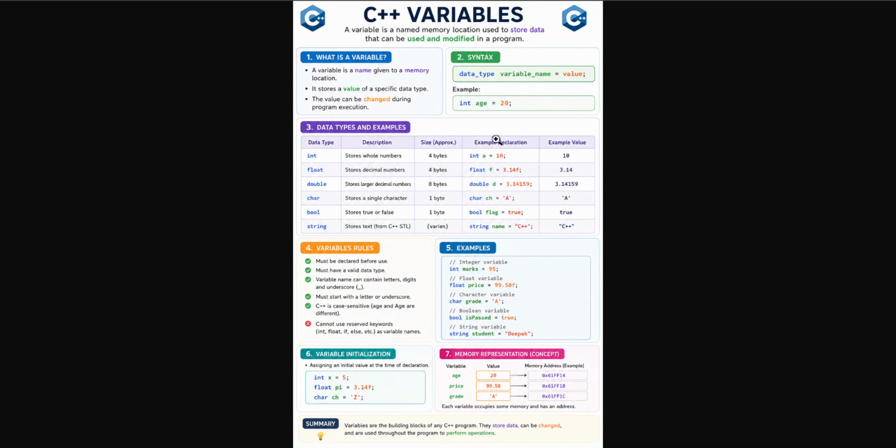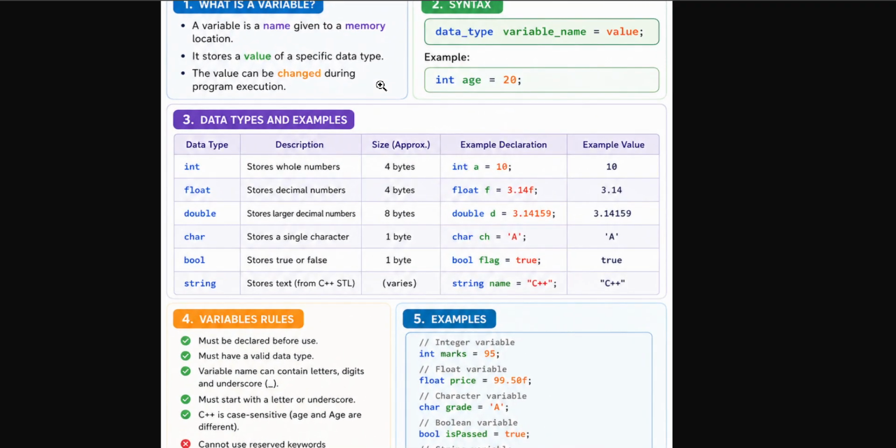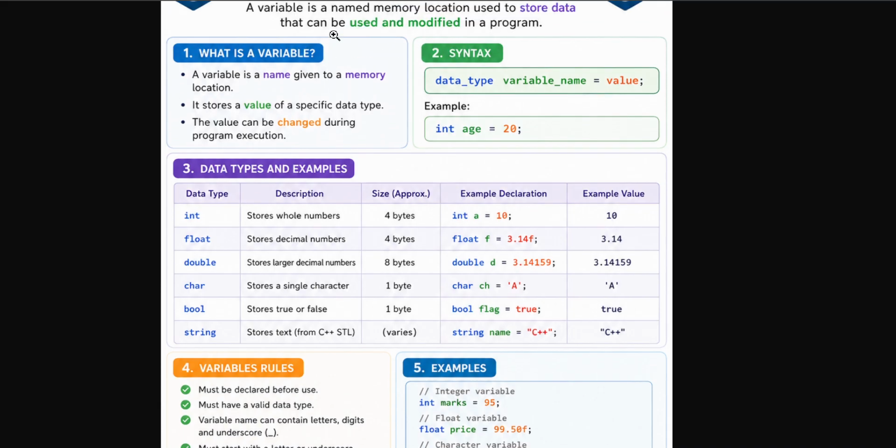Today I am going to explain about variables in C++. Variables are one of the most important basic concepts in programming. A variable can be defined as a named memory location that is used to store data. The data stored inside a variable can be modified or updated while the program is running. We can think of a variable like a container with a name where we can store